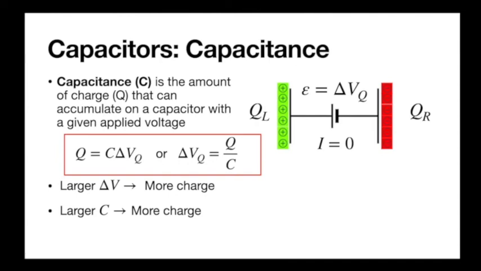That's what I said before: if I have the same battery and I hook it up to a capacitor with more capacitance, more charge will build up on it. It can hold more with the same delta V. If I keep the capacitance the same, so let's say I take the same capacitor but apply it to two different batteries, one with a smaller delta V, one with a larger delta V, the one with the larger delta V, the stronger battery, is going to be able to push more charge onto